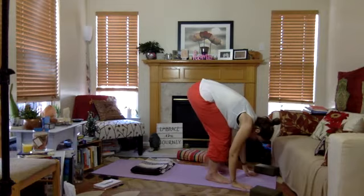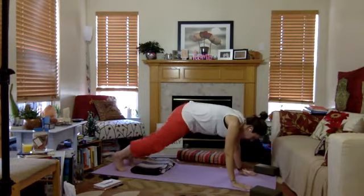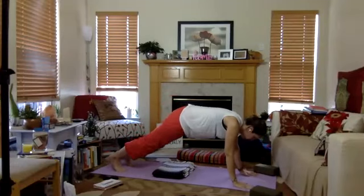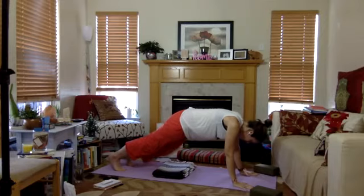Here, bring hands to the mat and step both feet back for a moment in high plank. If you can take more than a moment, you're welcome to do so. You can bring the knees down at any point. What we're going to do is bring our,